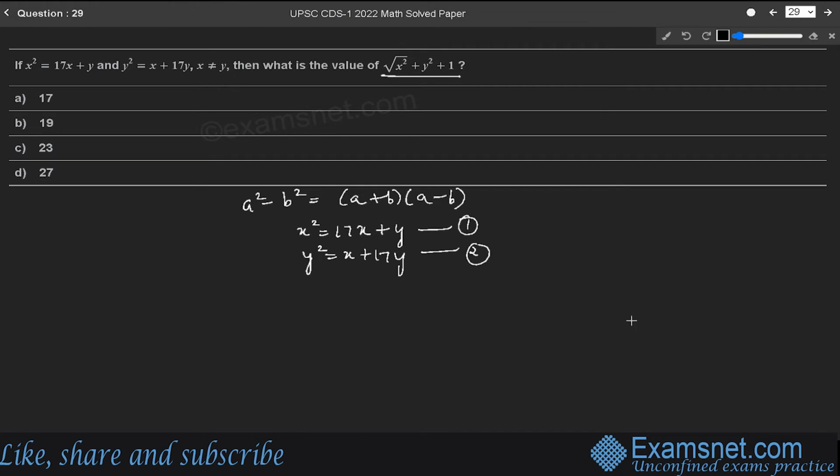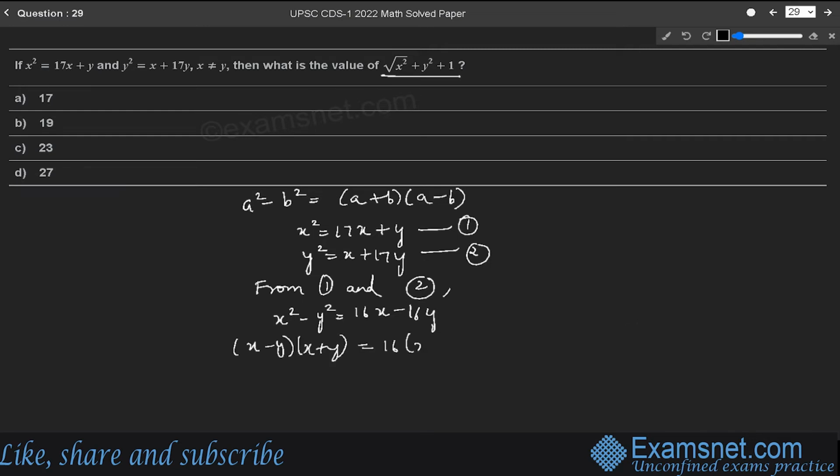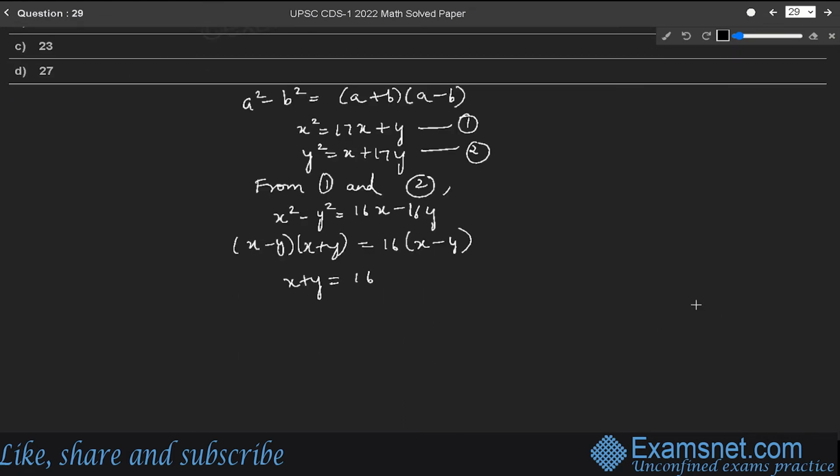Now from equation 1 and 2, we get x square minus y square is equal to 16x minus 16y, and we know that x square minus y square is x minus y into x plus y, is equal to 16 is common, x minus y. So we can say that x plus y is equal to 16. This is when we subtracted the first and second equations. Now on adding both the equations, we will get,